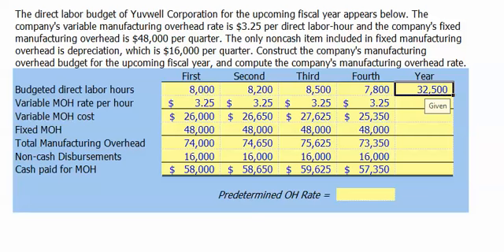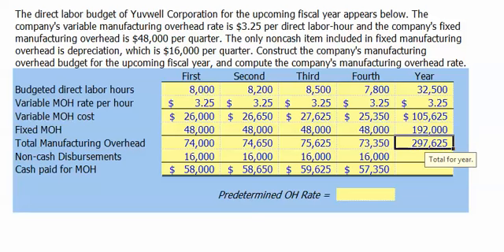For the year, we have 32,500 direct labor hours budgeted at a rate of $3.25 per direct labor hour, for a variable manufacturing overhead cost for the year of $105,625. We add to that our fixed cost for the year of $192,000 to get total manufacturing overhead cost for the year of $297,625. If we subtract our non-cash disbursements for depreciation expense of $64,000, we're left with the cash paid for manufacturing overhead of